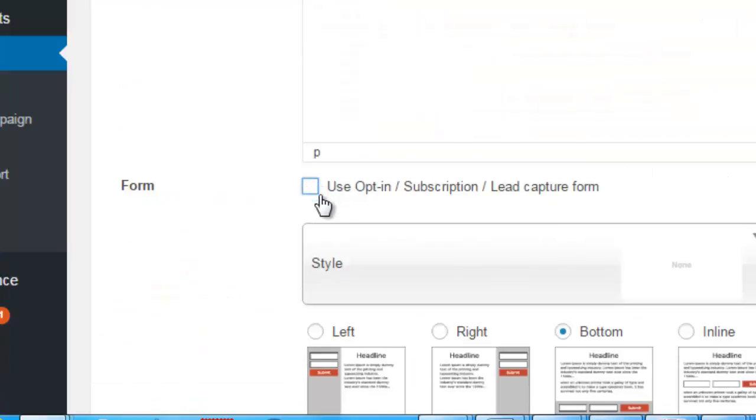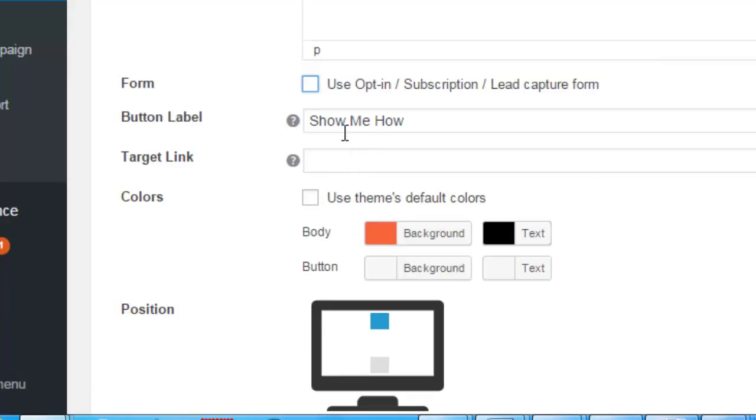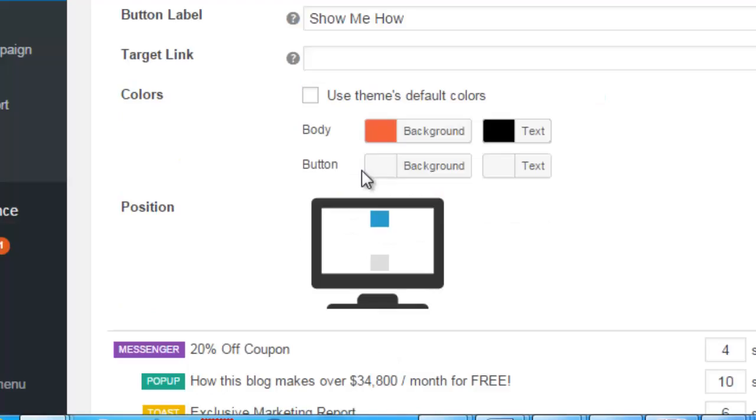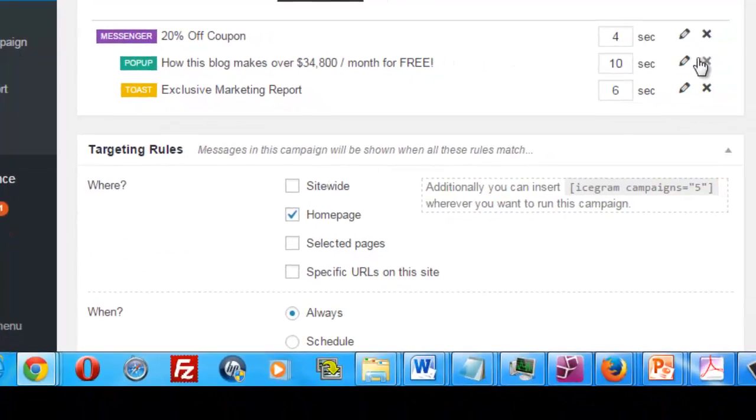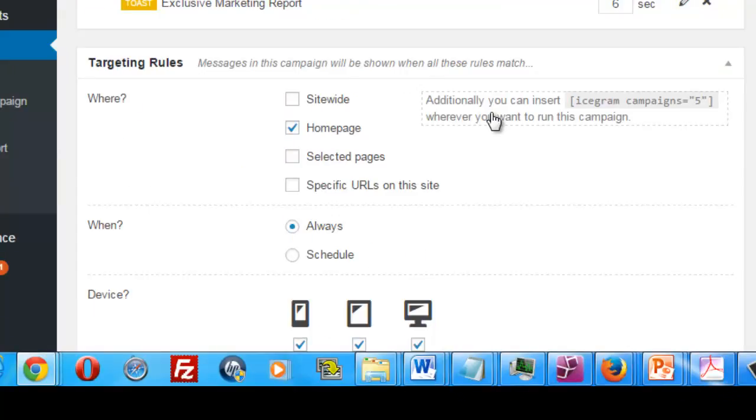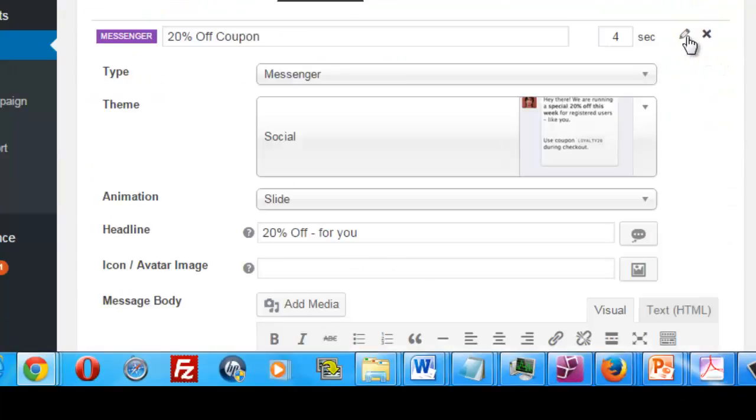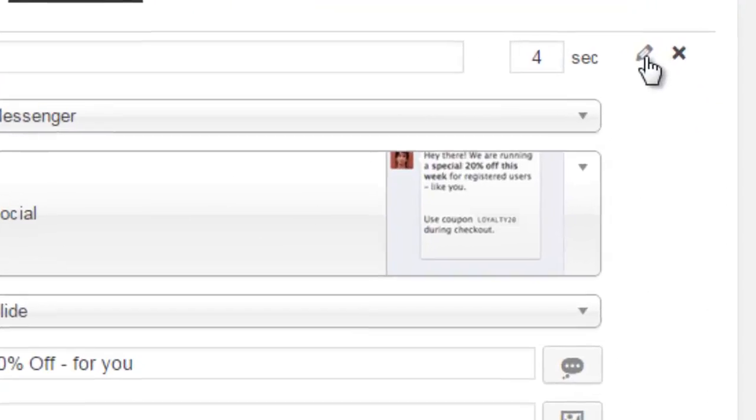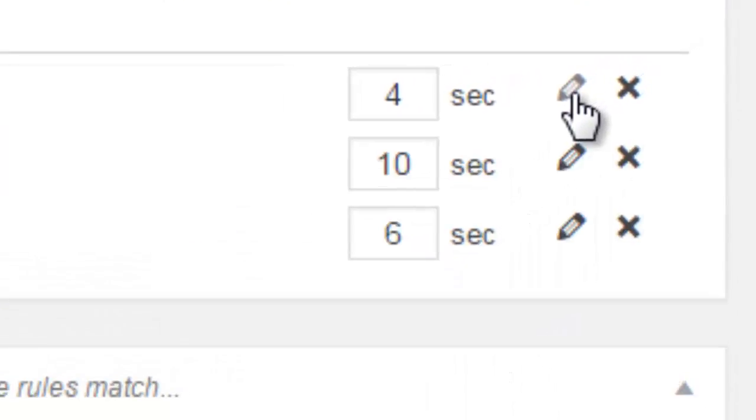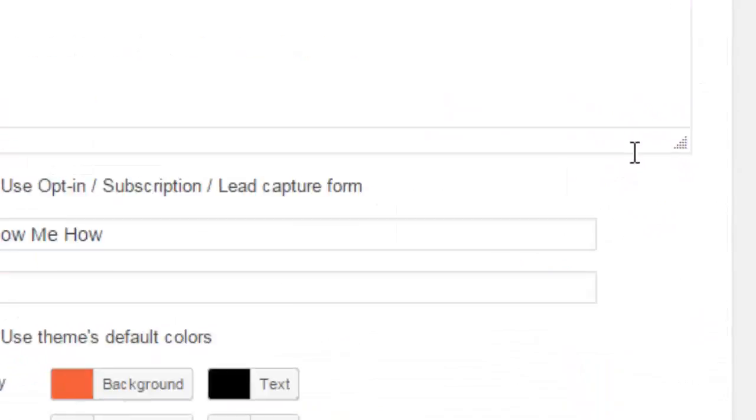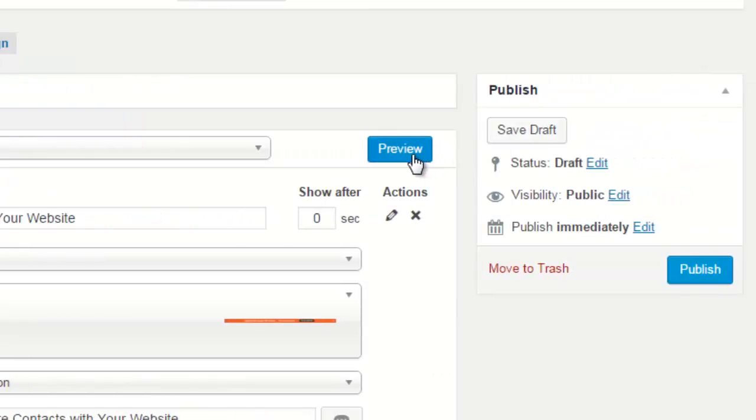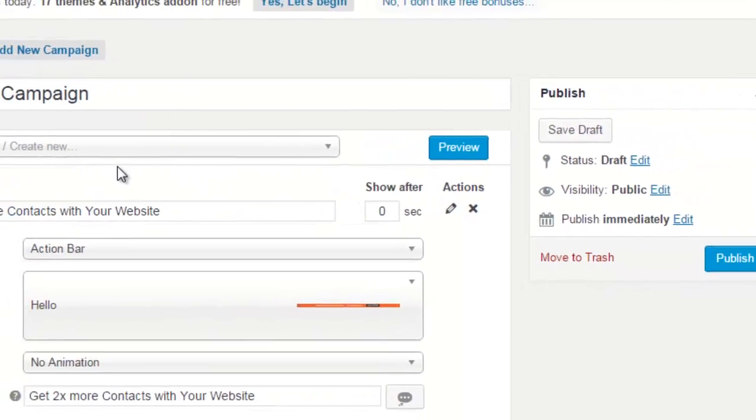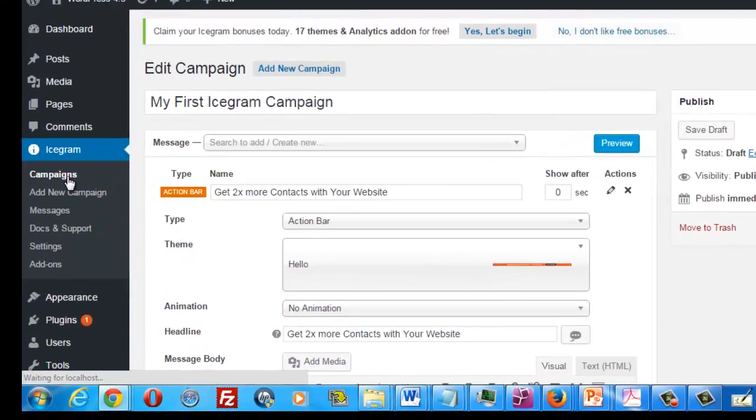I'm going to take that off. Now the button label, target link, we've already covered a lot of this. Now you see the other items here, which of course you can edit any of these items that you want to by clicking on the little pen right here, and you can actually see what it would look like. So again, to view the campaign, you could click on preview or save the draft. This is if you want to preview it only, and this is if you want to save it. Let's actually go back to campaigns,